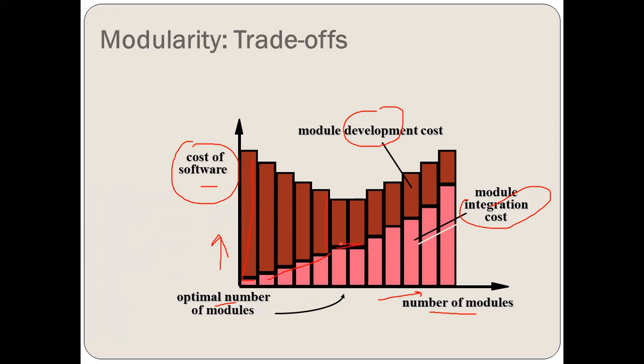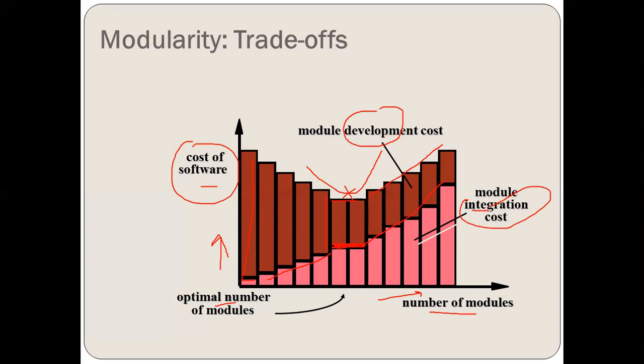But there is a point, that is the saturation point. This is the region of the minimum cost. That means here the number of modules is decreasing the total cost. But when you exceed this particular number of modules, that means you are breaking the problem into more modules, then the cost is again increasing, right? So this is the region of the minimum cost. Why will the cost increase? Development cost will increase for each module and integration cost will increase.